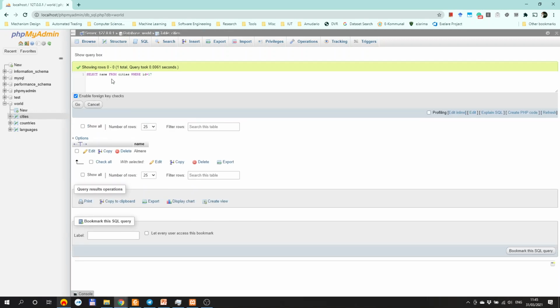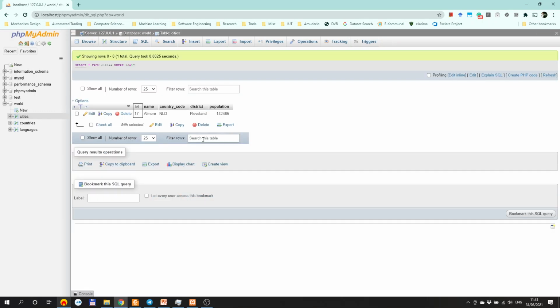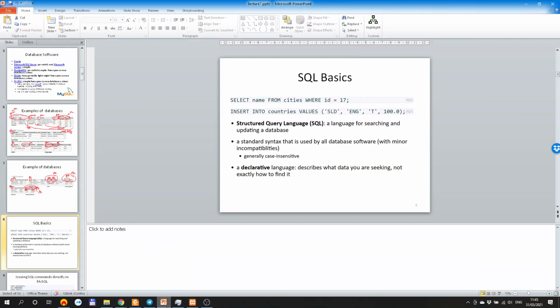Almere is the name. I can put star instead, in which case I'll get all the columns. I can get the ID, Almere, the country code, district, and the population of the Almere city. So I can insert new things into this one. Let me